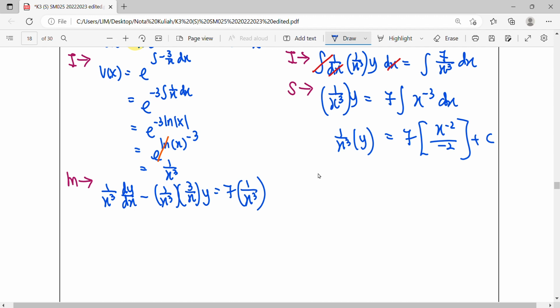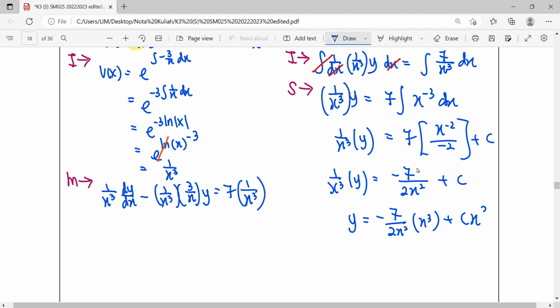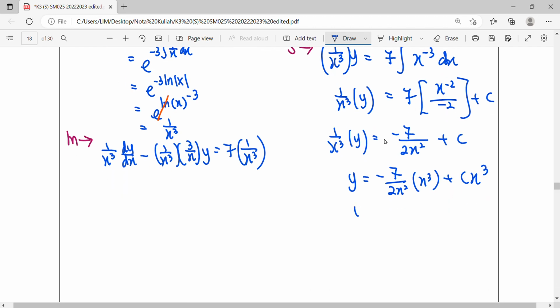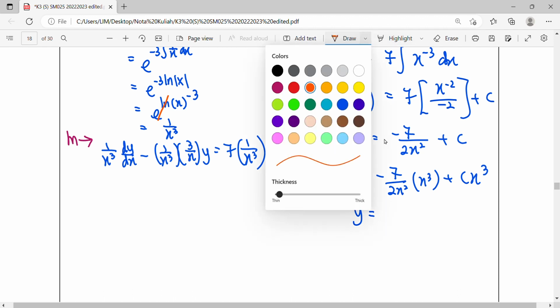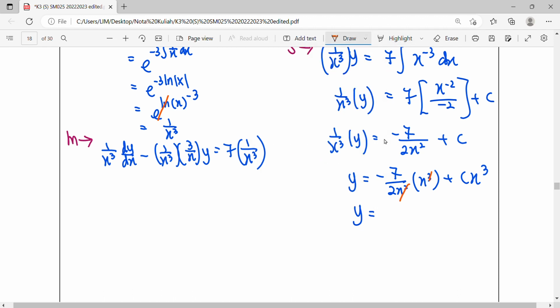Negative 7 over 2, this one we write it with the power negative at the denominator. So one more last step, simplify to leave a single y only. Multiply back x cubed to the right hand side. So multiply x cubed here, also multiply x cubed. Simplify the multiplication, you can notice that x squared multiplied with x cubed simplifies. So here leaving negative 7 over 2x